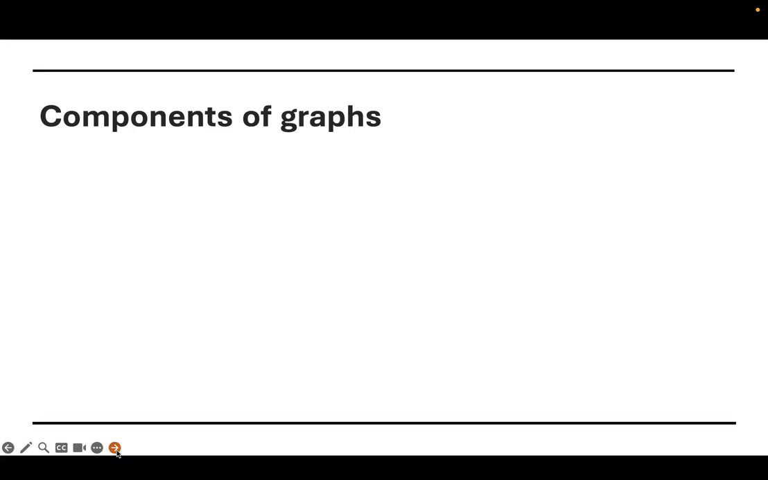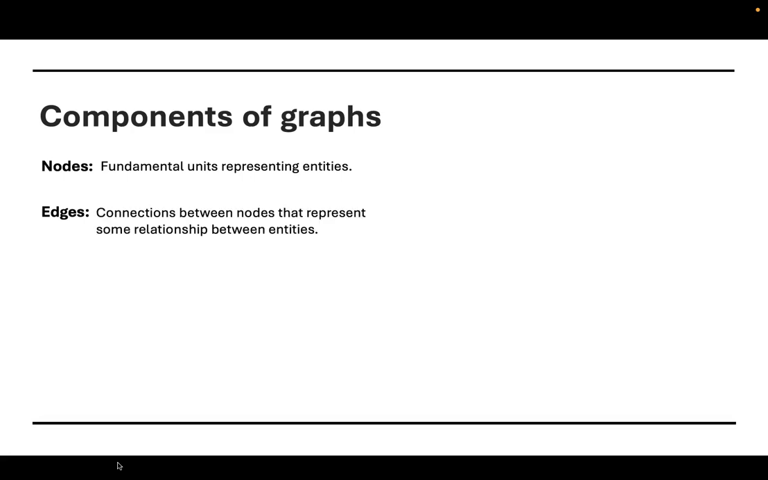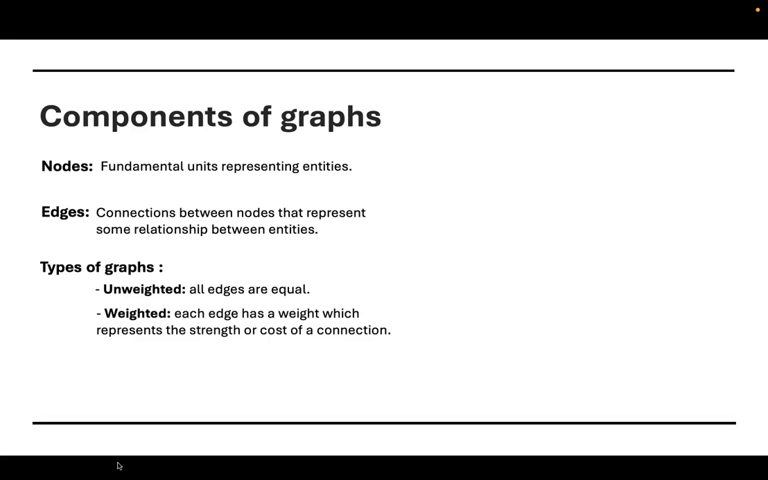So what are the components of graphs? First, we have nodes, which are the fundamental units that represent entities. And then we have edges, which are the connections between nodes that represent some relationship between entities. And there are many types of graphs. One is an unweighted graph, where all edges are weighted equally. Another is a weighted graph, in which each edge has a weight, which represents the strength or the cost of a